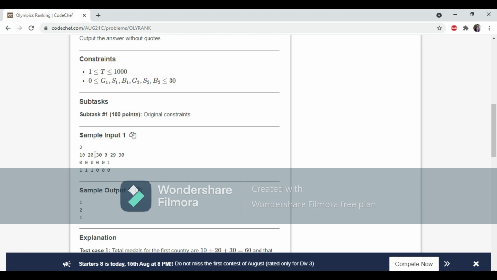So since 60 is greater than 59 we have to print 1, since after doing the summation of the first country and second country, the first country has won more medals. Similarly in the second, 0, 0, 0 and 0, 0, 1, since the sum of 0, 0 and 1 is 1 and 0, 0, 0 is 0, we have printed 2, and so on. I hope you understand the problem.